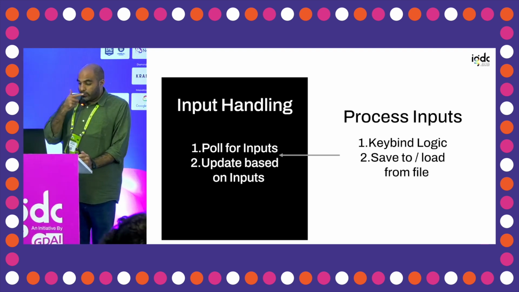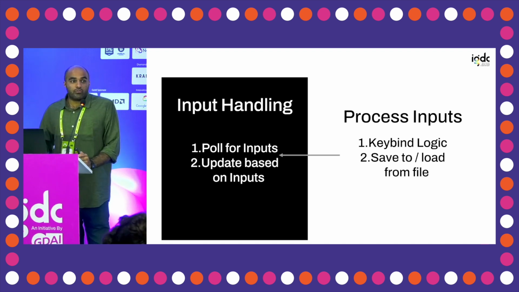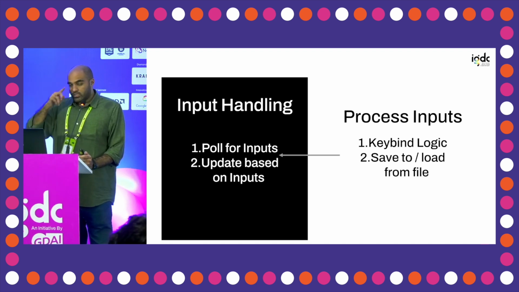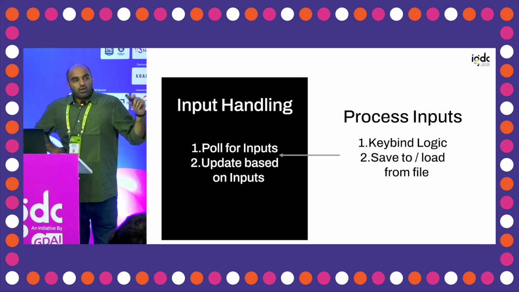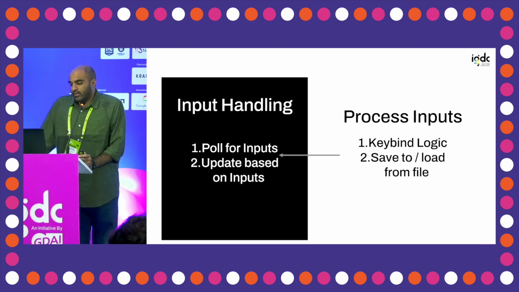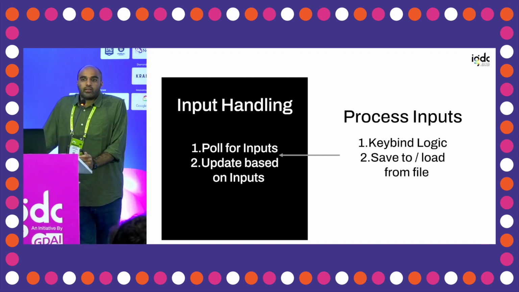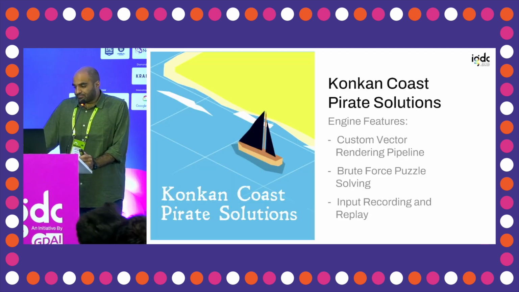So now, when the game is running, rather than taking inputs from the player, from the keyboard and mouse, I can load them directly from file. That means I can play a very small series of inputs on loop, just to make sure that certain bugs are fixed or certain animations or effects are working the way I'd like. That was very useful, especially when working on small polished things. Rather than making a small change and then having to do 15 minutes of mouse moves, you can quickly record that and replay that. So yeah, these are the main engine features.